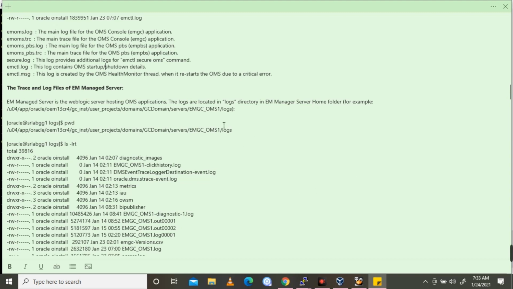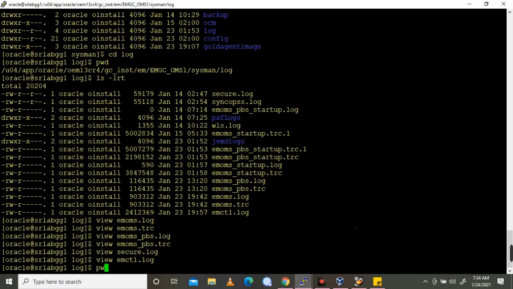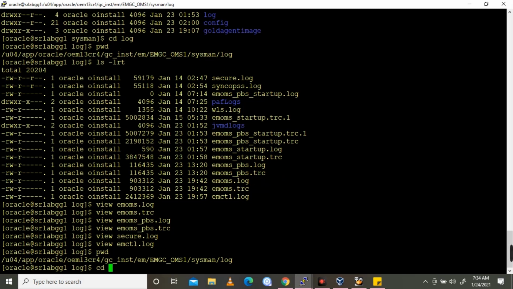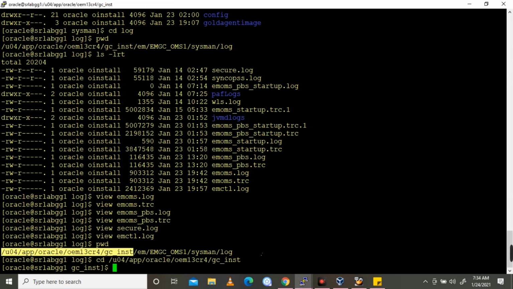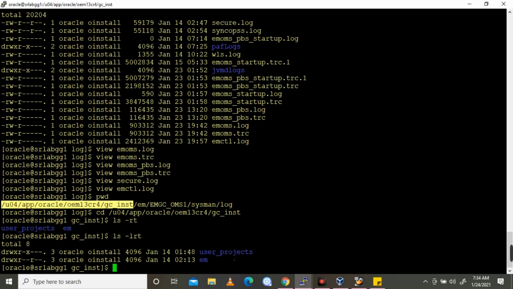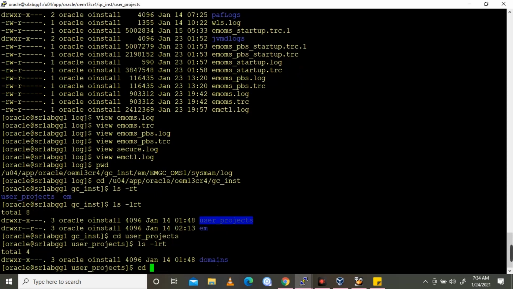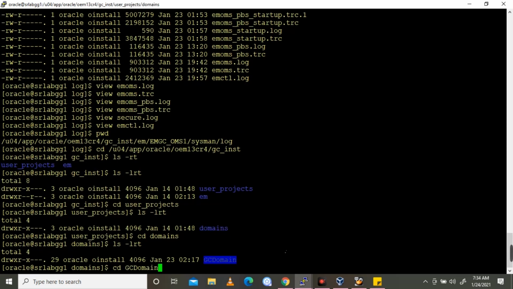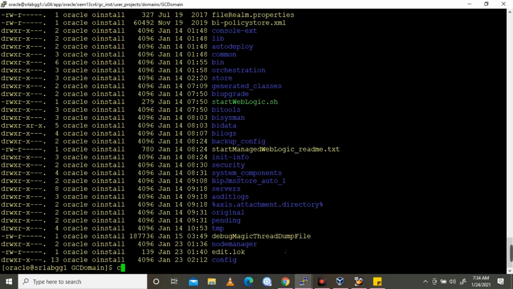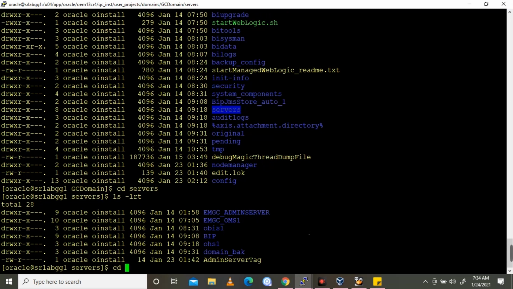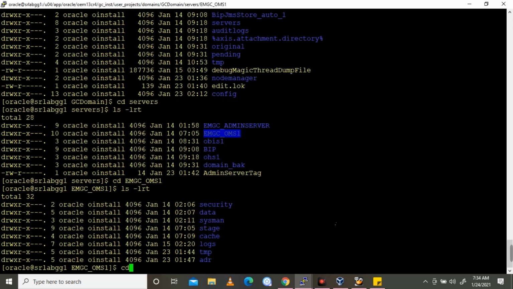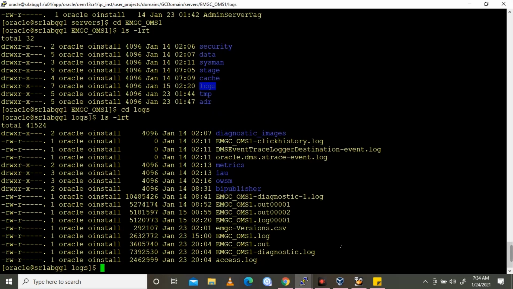For example, in my case, you can go with that: user projects, and then domains, and then GC domain, and then config servers, logs.